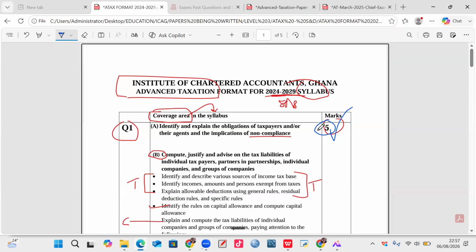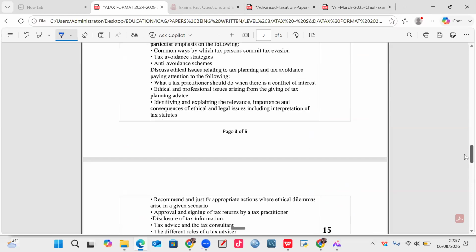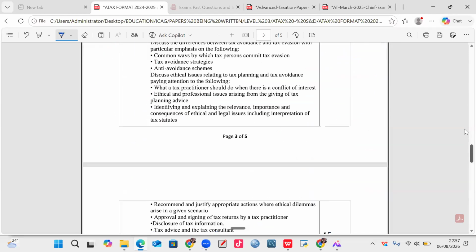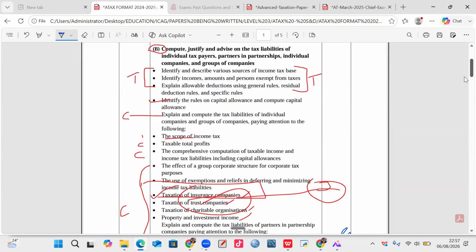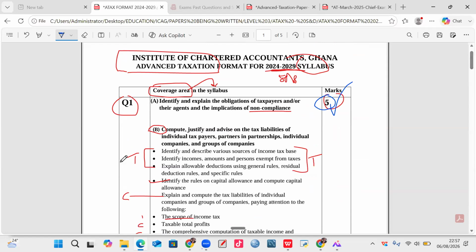Why will you be able to touch all the questions? In other words, we've read the syllabus, we've read the areas, we've practiced what the lecturers taught us, we've practiced and practiced over again, and we can solve on our own. So we know all these things on our fingertips. The only thing is, bring us the question. Let us see what the question is so that we use these tools to answer them. That's all.